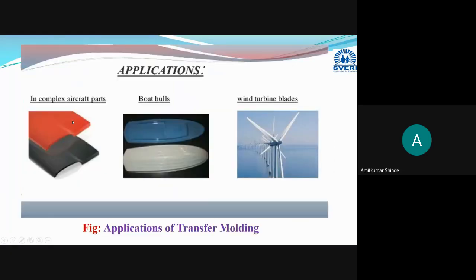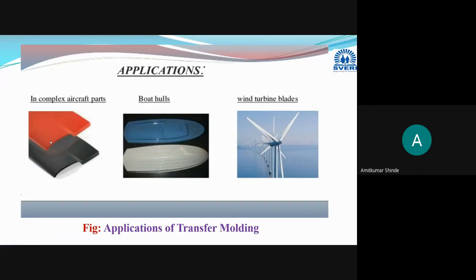Okay, then aircraft parts, complex aircraft parts. Then some boats are there. Okay, sea boats. These boat hulls are manufactured with the help of this transfer molding only. Okay, these are wind turbine blades. Already I have discussed this. Then boat hulls, then complex aircraft parts, okay, top covering of that aircraft's outer body parts in the aircraft, then